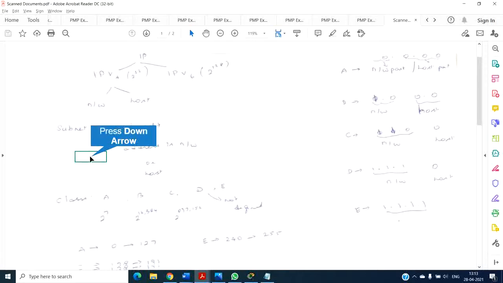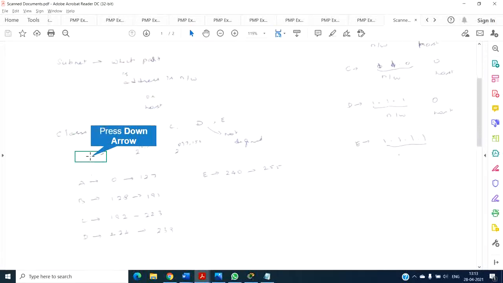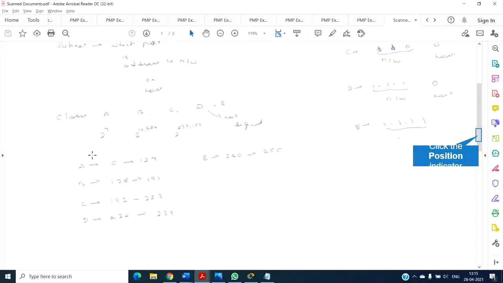Now let's move on to more detail about IP addresses. IP version 4 has 5 different classes: class A, class B, class C, class D and class E. Class A is 2 to the power 7, class B is 2 to the power 14, which is 16,384, and class C is 2 to the power 21, which is 2,097,152. D is not defined. D and E are mostly used for broadcasting and R&D purposes. We will be dealing with A, B and C alone in the real world.